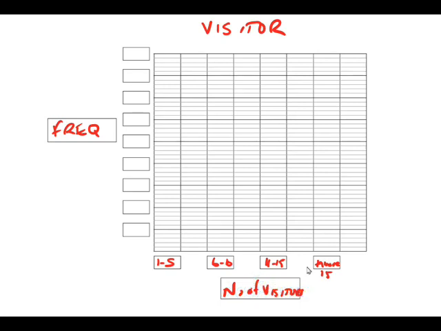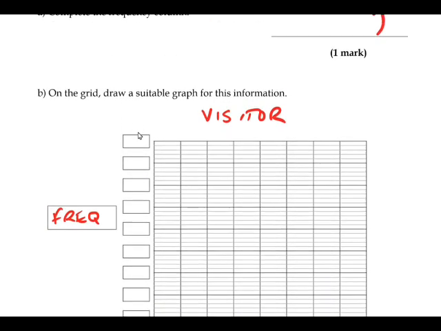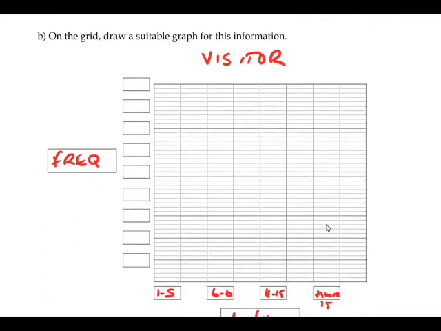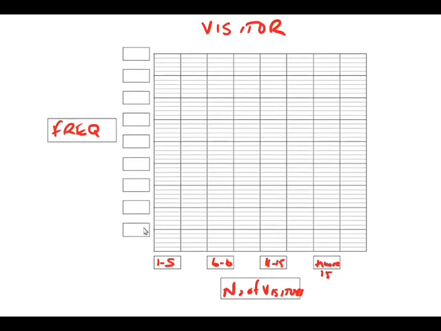So now we need to pick a scale that goes up to around 50. If we look at our frequency count, our biggest number is 43. So we're going to round it up because we've got to plot up to that number. So we're going to go for 50. So pick a scale on the left that takes us to 50. So we can go 10, 20, 30, 40, 50. That's fine. Or can we go 5, 10, 15, 20, 25, 30, 35, 40, 45? That actually works quite nicely. So if we do our frequencies in 5s,